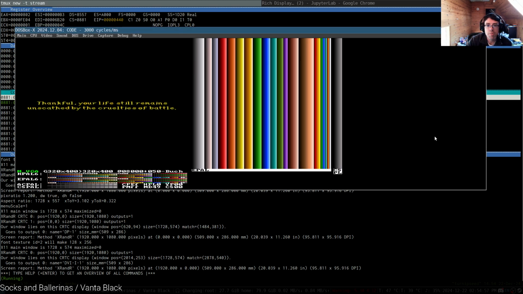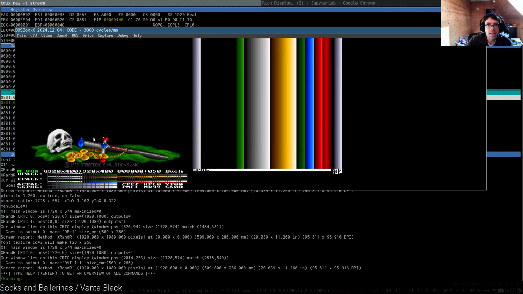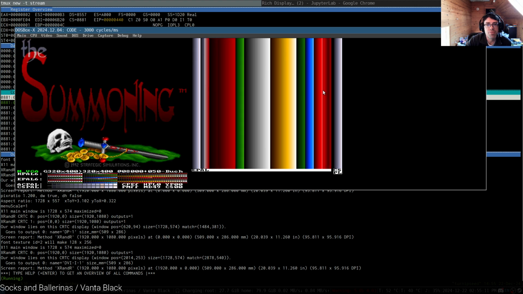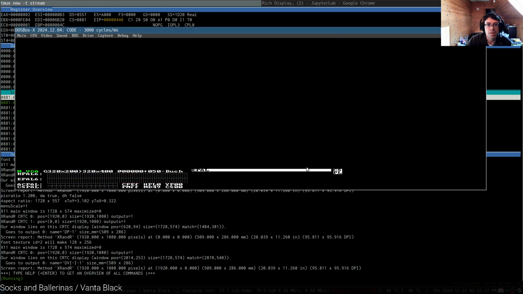And then in a moment, we're going to see the summoning, and you'll see it fill up with redness, and it does that whole thing just in this section, right? See, it's cycling this. And so that is how it updates the display. All right, now it's going to